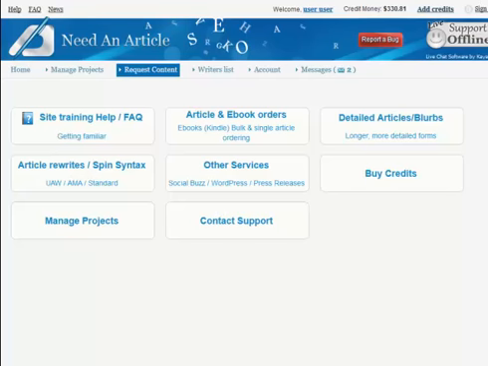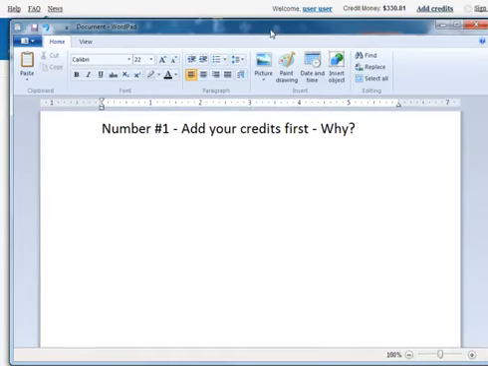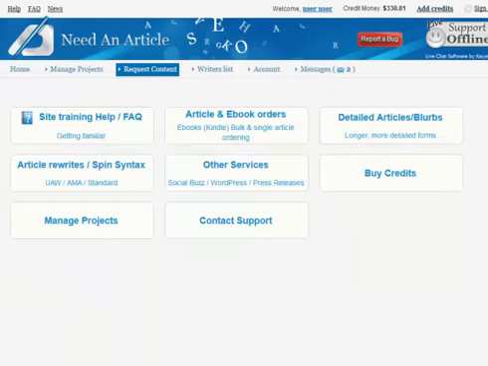Now, first and foremost, before you use this option, I would make sure you do this with any request you create. And that is I would add your credits first. Now, why do I say that? For one simple reason, and that is when you create your requests and you don't add your funds first to